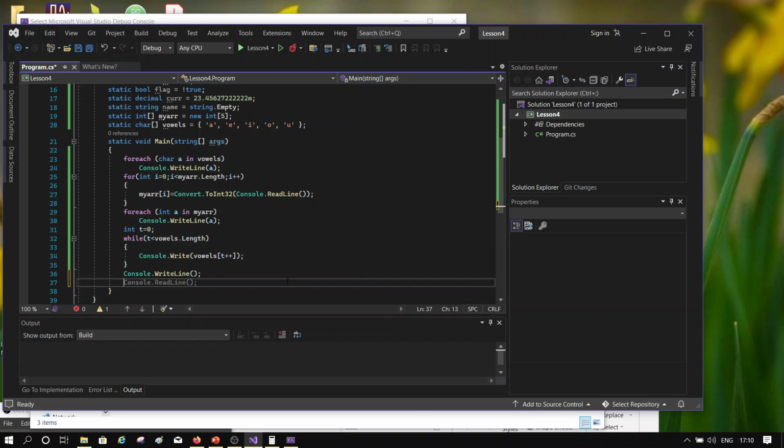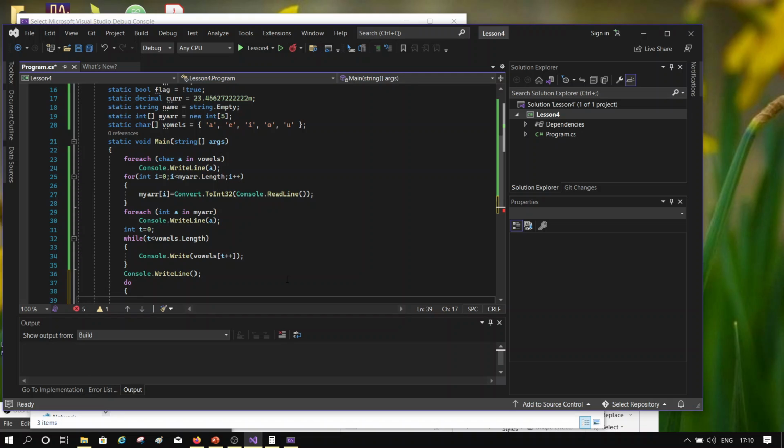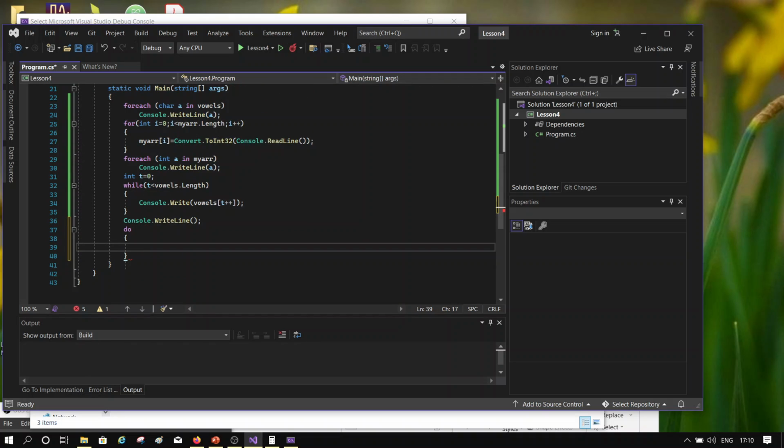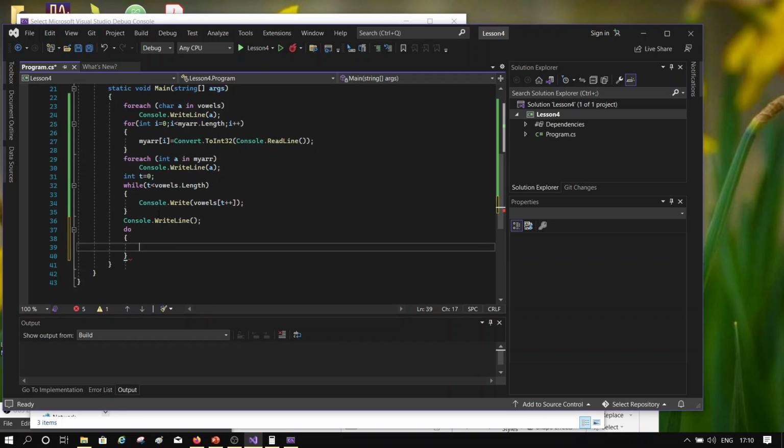How about a do while loop? Do, and where the do while loop is going to be used. Now in case of while loop, this condition is checked at the start, and if this condition is true, then only the body of while loop is executed. Now in case of do while, the checking is done at the end. Okay, so I can say while